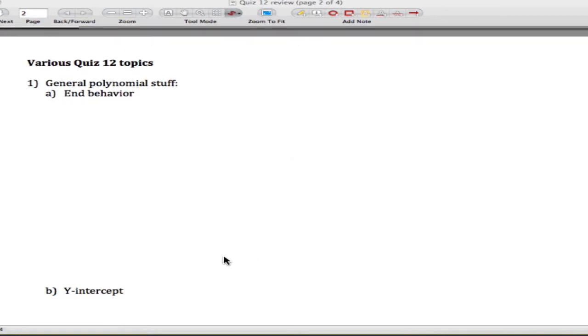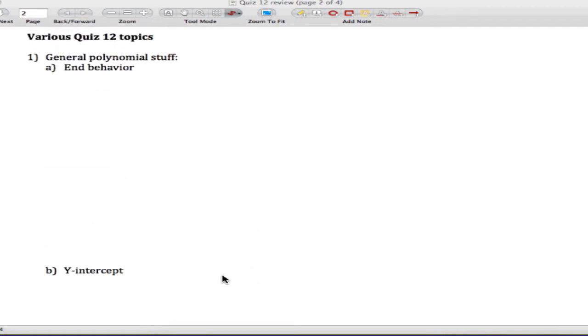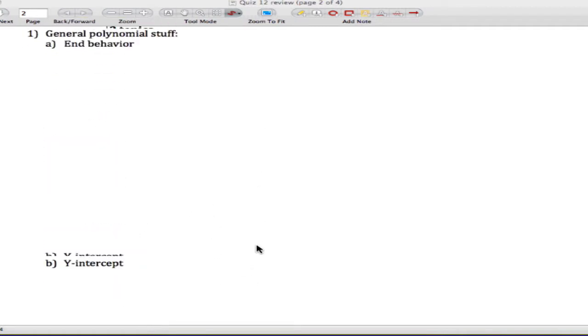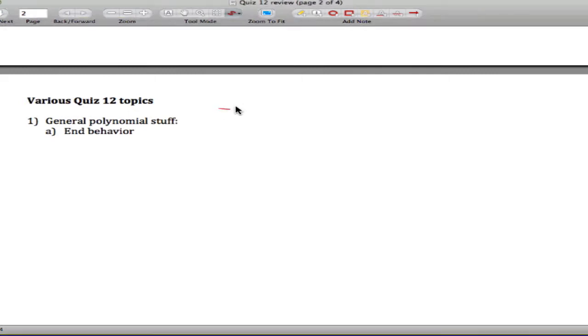With polynomials, there are a few things you need to know, but I think the most important are these first three: the end behavior, the Y-intercept, and the X-intercepts. For the end behavior, there are really four different possibilities. If you have a polynomial like, for example, f of x equals 5x to the third plus 2x squared minus 7x minus 11,